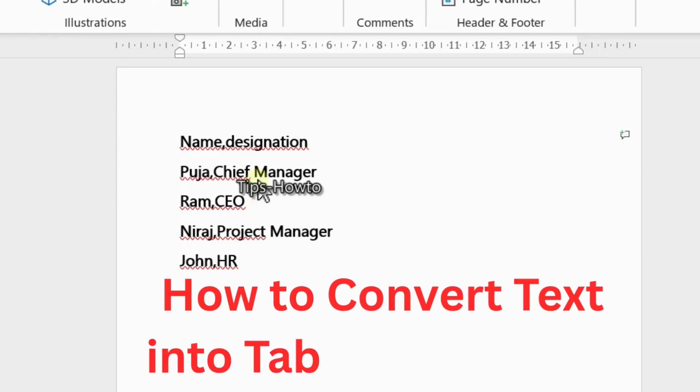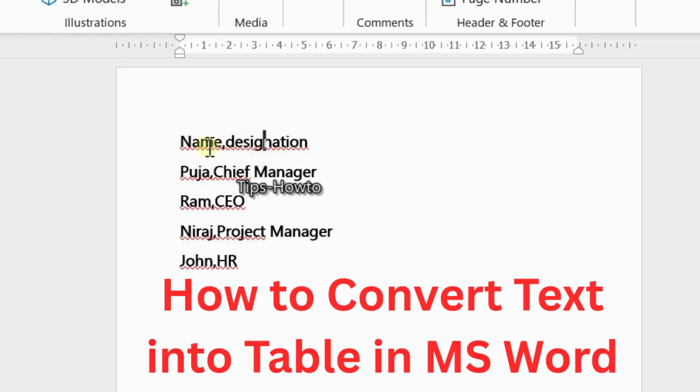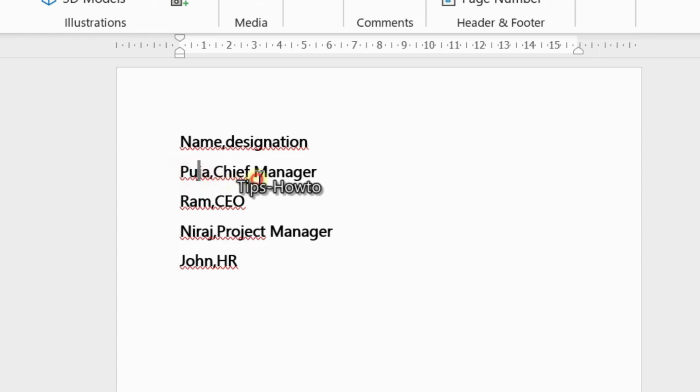Hi guys, in this video we will see how to convert text into a table in Microsoft Word. You can see this is the name and designation, and keep a comma in between your name and designation. Don't keep a space in name and designation, and select all the text, and here press Alt plus N plus